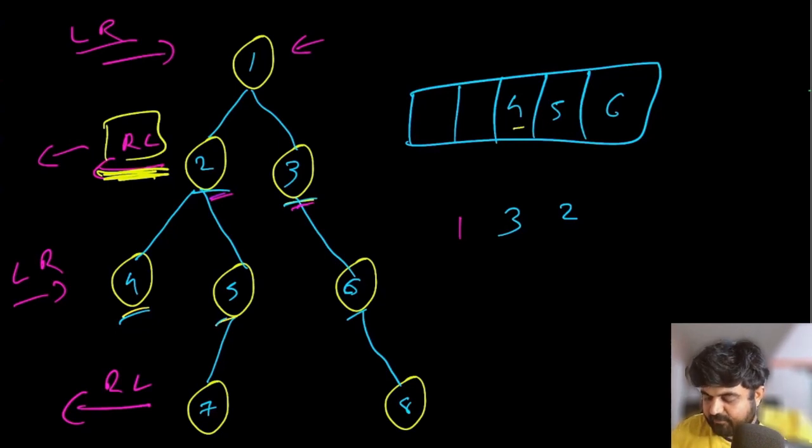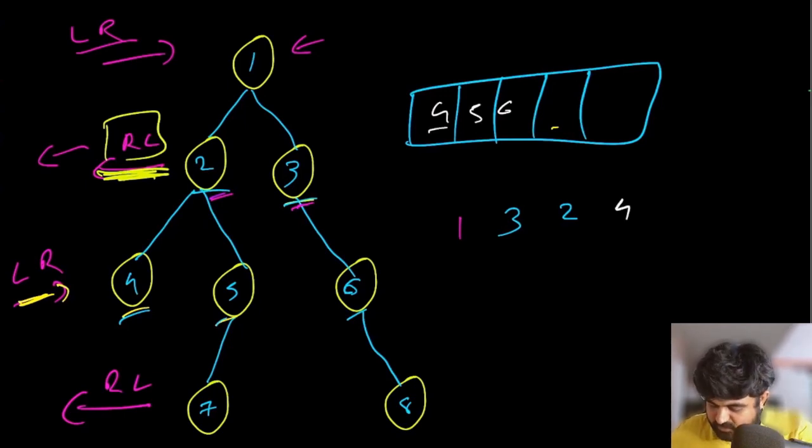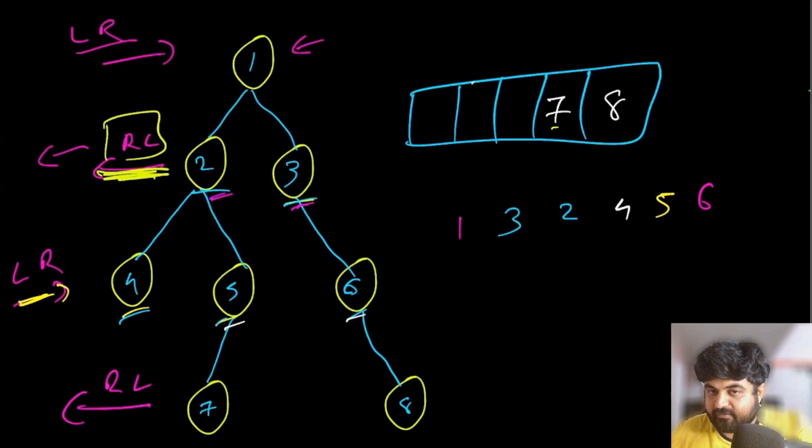And again for 4, 5, 6, we need to do the same thing, but in the left to right fashion. So 4, 5, 6 are going to come out as themselves, but before that we are going to iterate through their children. So 4 currently does not have a child, so we can pop it out without any repercussion. But 5 has a child, the value is 7, and 6 has a child, the value is 8. Again we pop 5 out. So popping 5 out should be simple, and popping 6 out should be simple as well, because we already took care of them. But for values 7 and 8, again we are moving in the right to left direction. So last in, value 8, is going to come out first before 7 coming out.